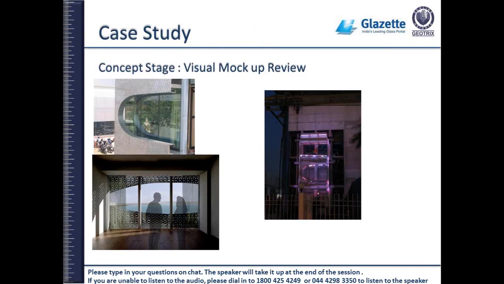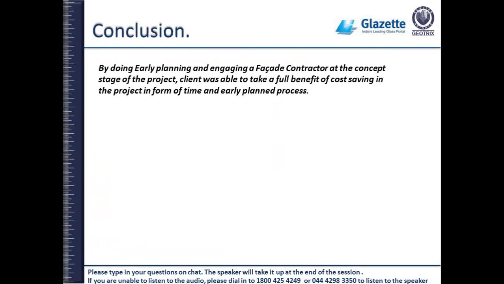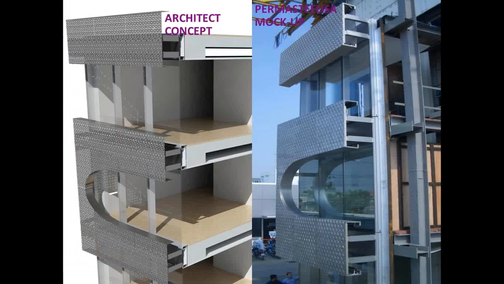So these are different views. At night we put some lights and other things. The whole facade was done, and the client reviewed the mock-up. After reviewing the mock-up, we came to a conclusion to say yes, we agree with the alternate design provided. We agree with the metal which is being used, except a few fine-tuning details, like interfacing details and others,